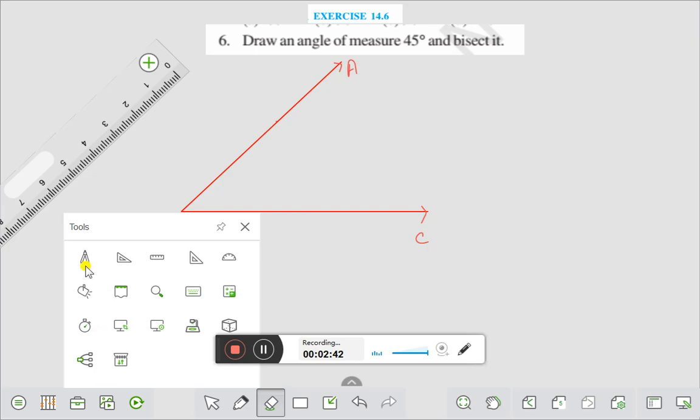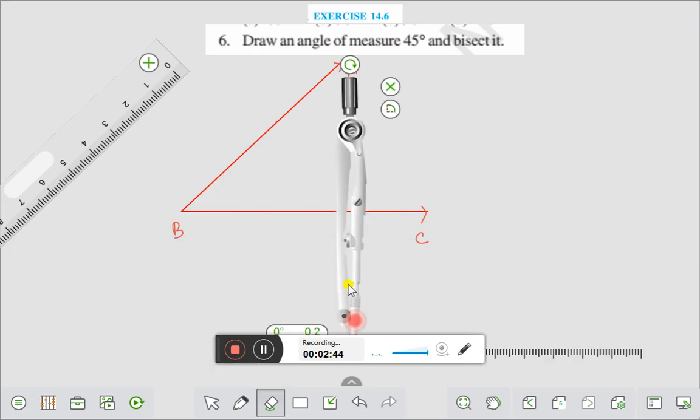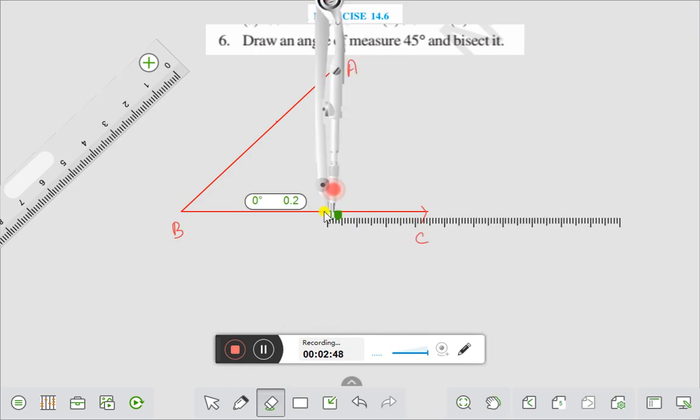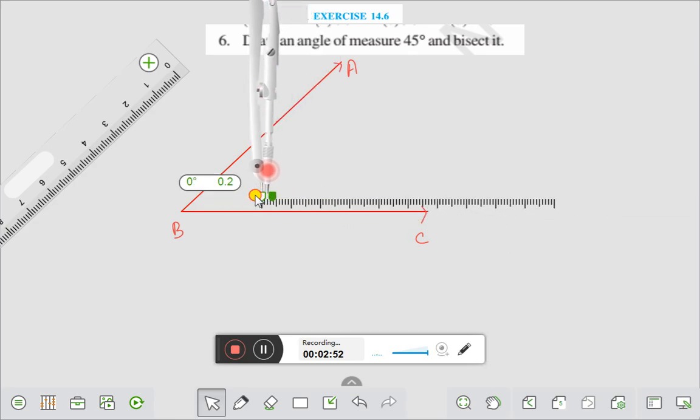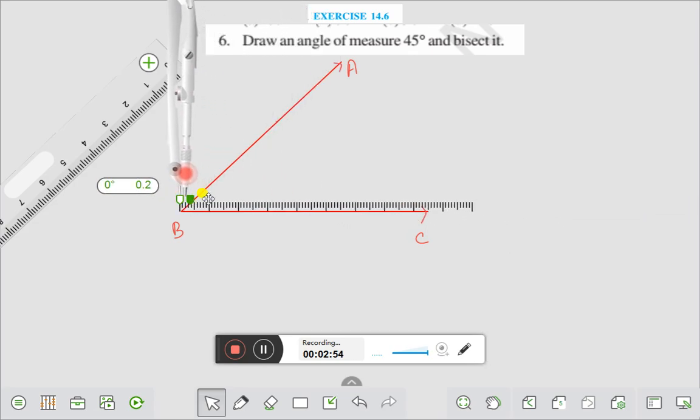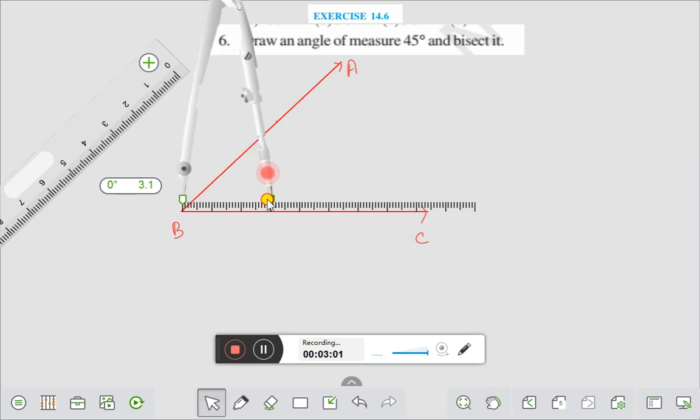the compass. You have taken the compass. Let us bisect this one, right? Here you take this pointer at point B, and draw an arc, right? Draw an arc,